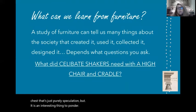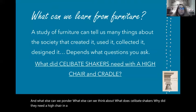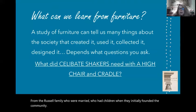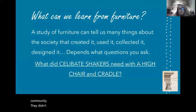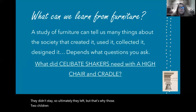And what else can we ponder? What else can we think about? You know, why did celibate Shakers need a high chair and a cradle, which were in the collection? Well, the examples that are in the collection were from the Russell family, who were married, who had children when they initially founded the community. They didn't stay, so ultimately they left, but that's why those two baby related articles of furniture are in the collection,